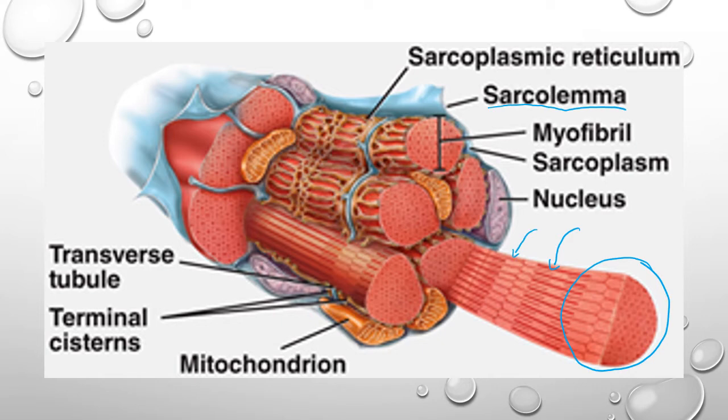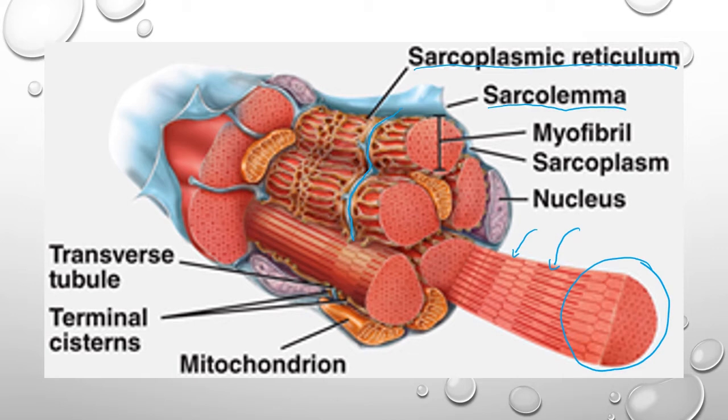Other things that we have inside here, we have our SR, or our sarcoplasmic reticulum. That sarcoplasmic reticulum surrounds the myofibrils. This is our endoplasmic reticulum for muscle. We'll find all of our calcium stored inside there. That sarcolemma itself continues on deep into the inside of the cell. It invaginates and creates little tubules. So we have what we call our transverse tubules, or our T tubules, that run along right next to the